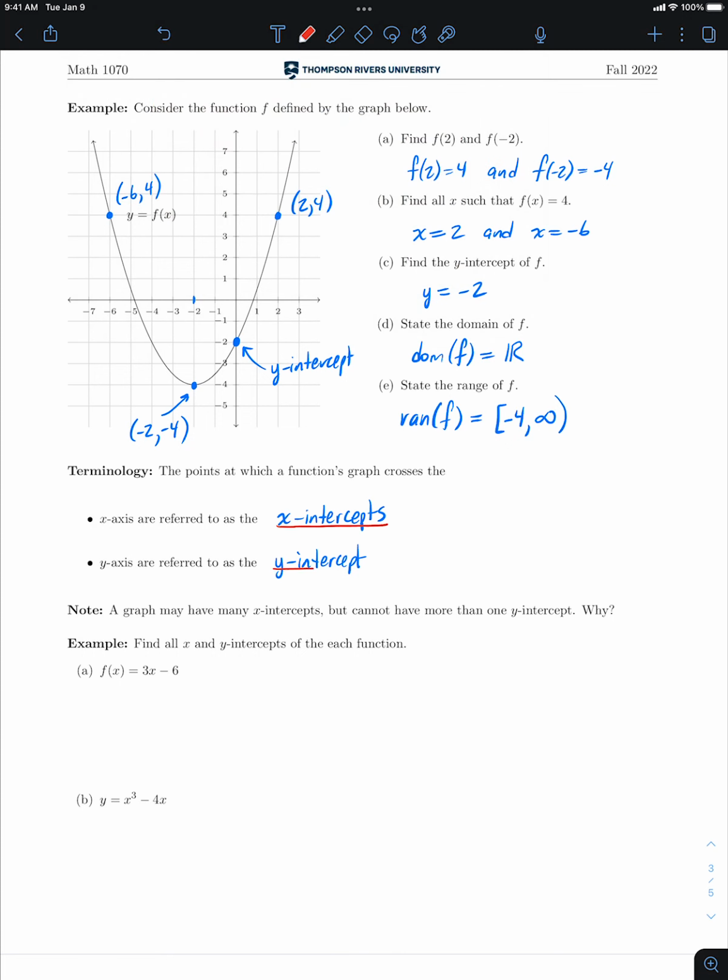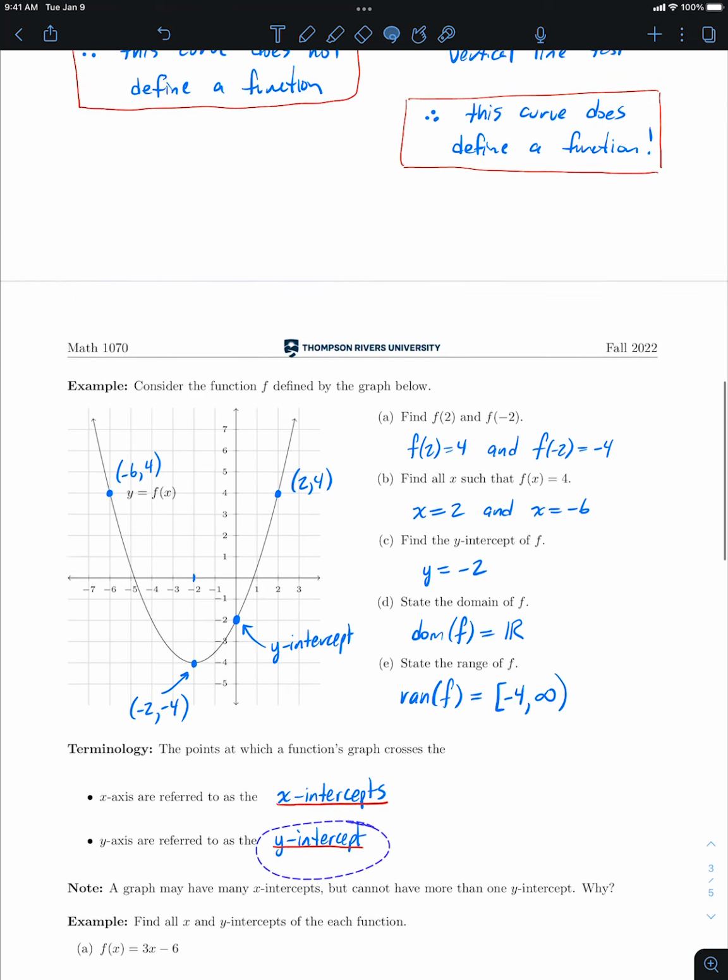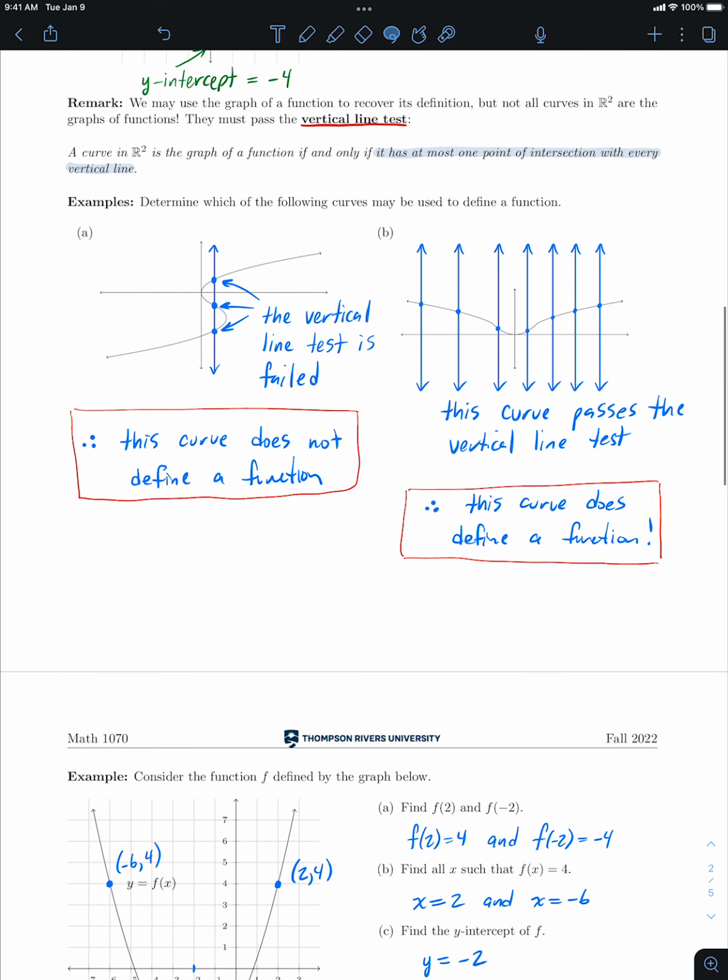Okay, notice that one's not plural. X-intercepts I made plural, and the y-intercept is singular. That wasn't a mistake. Remember the vertical line test. If you have a function, there's no vertical line that's allowed to touch the graph of a